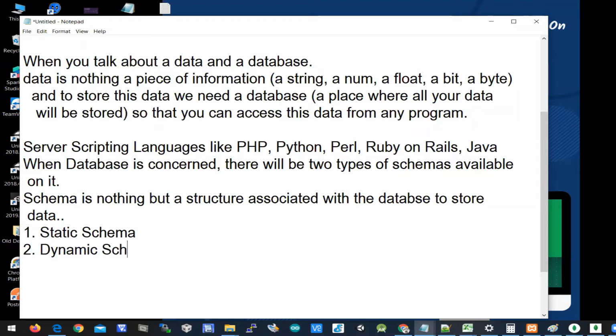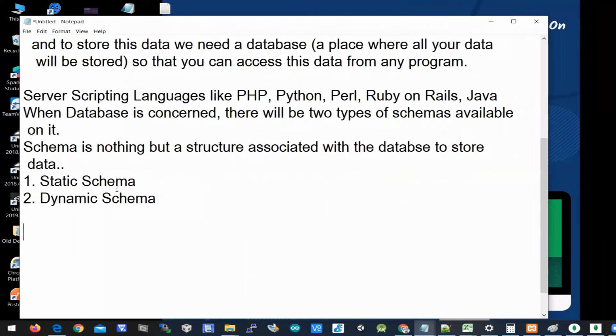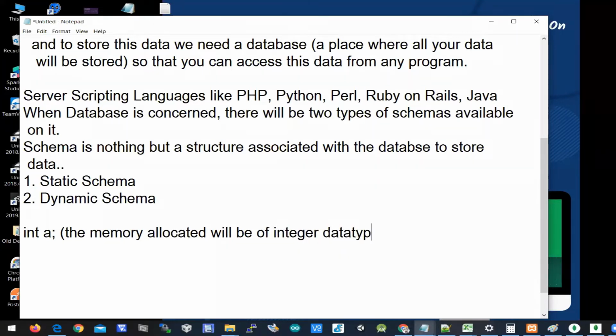Static schema, in the sense, it's like the C programming language, because most of you are from computers background here. So when you look at C programming language, when you say int a semicolon, it means that the memory allocated by the compiler will be of integer data type. It cannot allocate memory as float data type, string data type, or character data type here.